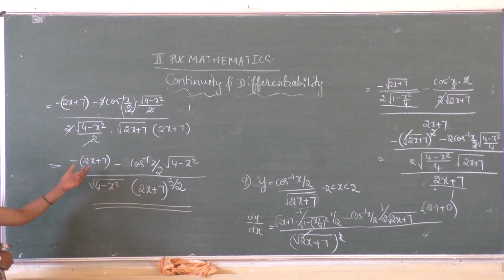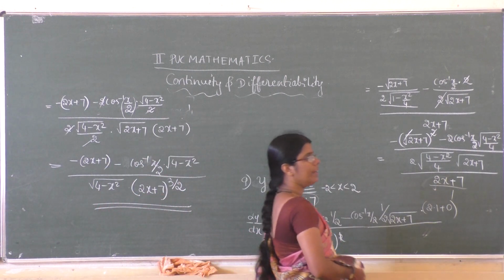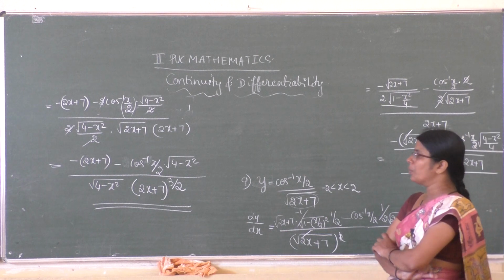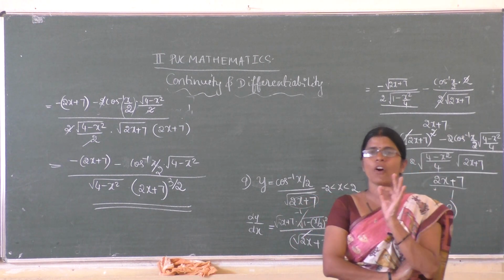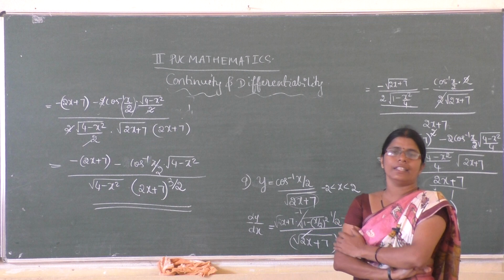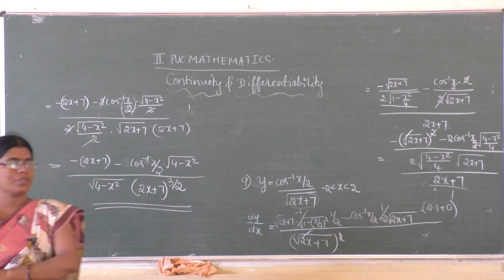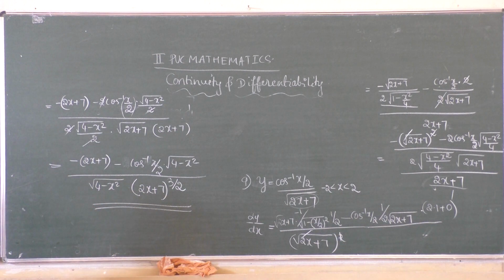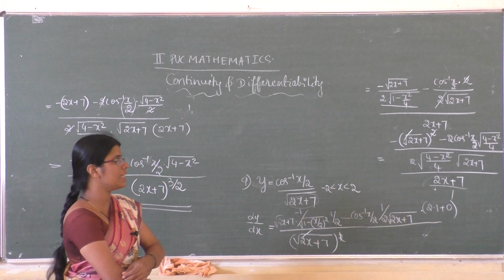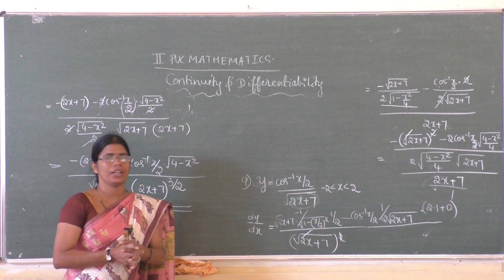So the derivative, we are writing in a little bit neat form. So this is about the derivatives of inverse trigonometric functions. The thing is, you first have to remember the derivatives of all 6 trigonometric functions, and then we use that to find the derivatives of different inverse trigonometric functions. In some problems we use substitution. In some functions we simplify first and then find the derivatives.